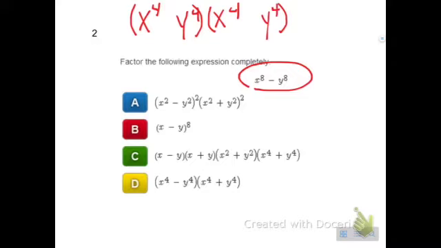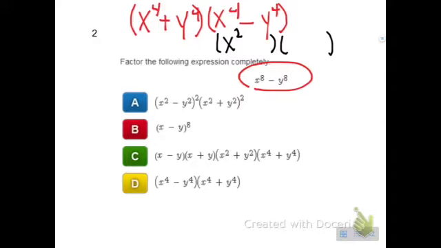So to get a negative y to the 4th, one of them has to be positive and one has to be negative. We can't factor x to the 4th plus y to the 4th anymore, but we can factor x to the 4th minus y to the 4th. So again, 2 sets of parentheses under here. So that's going to give me